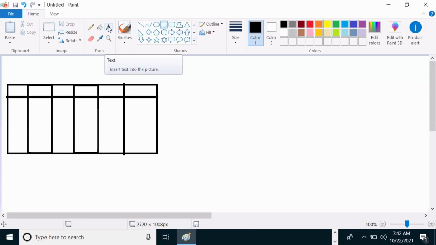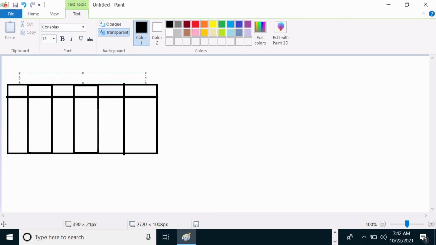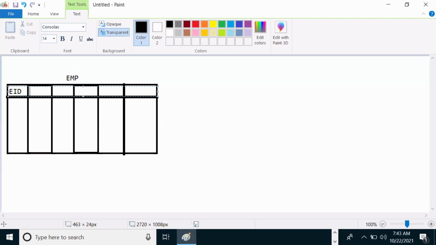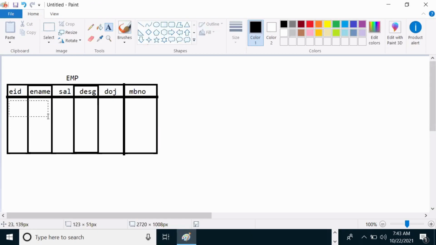So this is one main table here. Suppose this table may be anything, for example, the EMP table. In this EMP table, we have a few columns like employee ID, employee name, salary, designation, date of join, and mobile number. These are the columns, having some data.